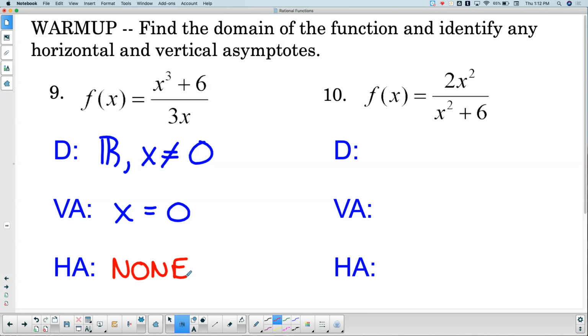Second one. Domain. Do we agree with plus or minus the square root of 6? All real numbers except x cannot equal 6, or plus or minus the square root of 6? Seems to be some dissension. Plus, I don't like either one of them. Okay, we know it starts all real numbers, right? Plus or minus i square root of 6, right? And then plus or minus